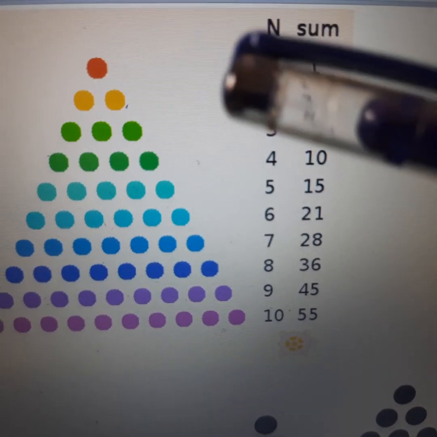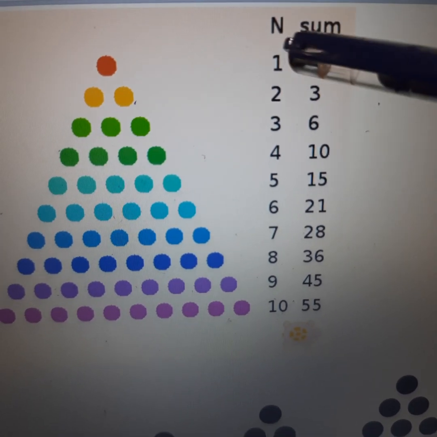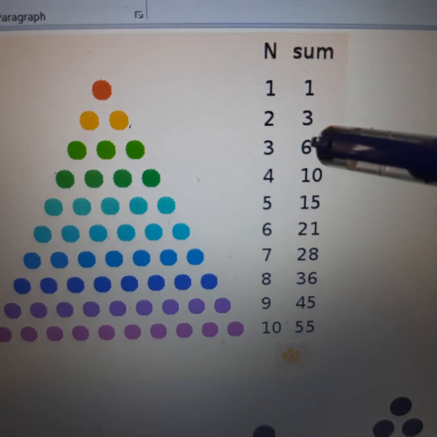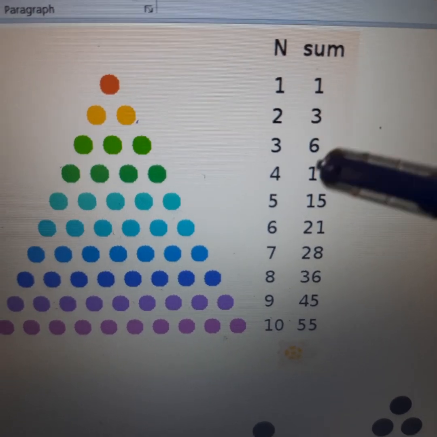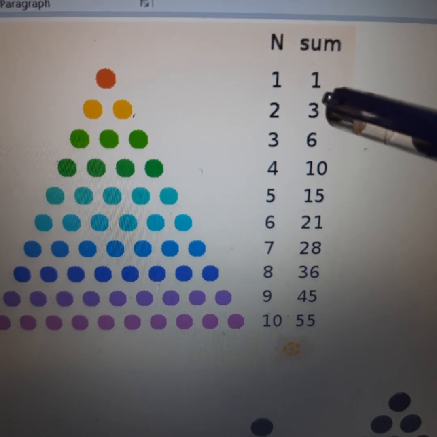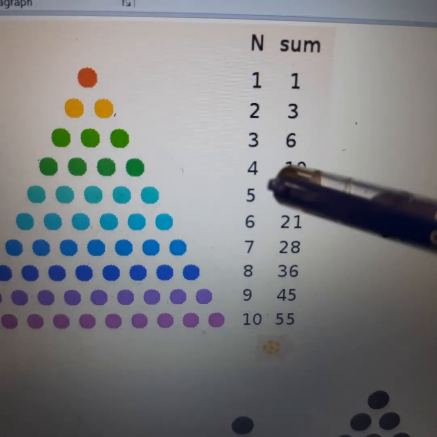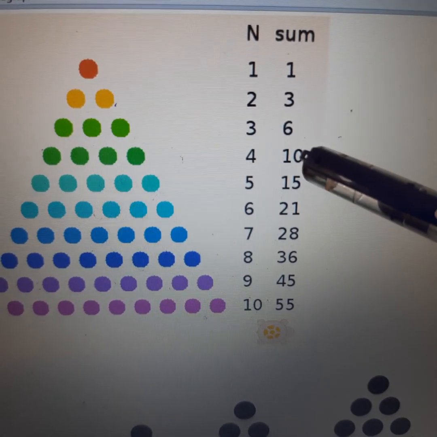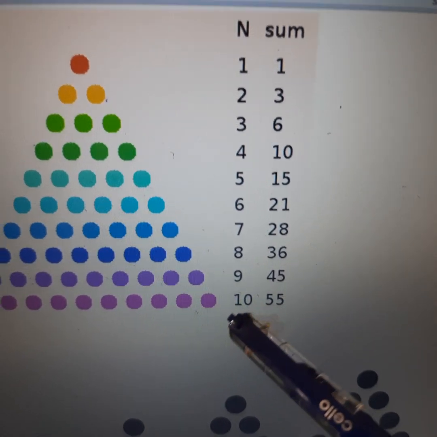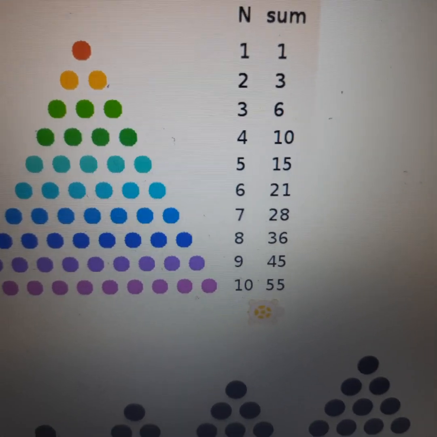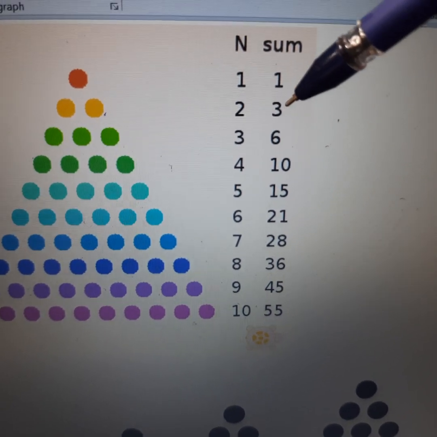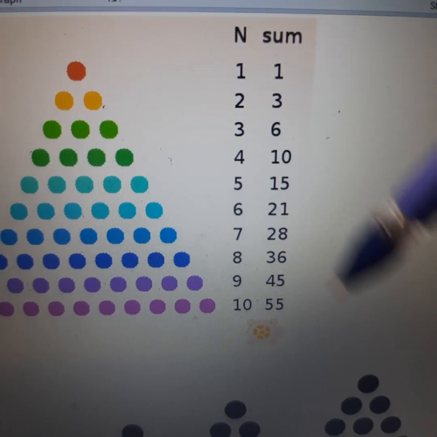See, in sequence n is equal to 1, the first triangular number is 1. When n is equal to 2, second triangular number is 3. When n is equal to 3, it is 6. That means 6 dots. That means it is the third triangular number. Okay. When n is equal to 4, we are getting 10 dots. That is the fourth triangular number. So like that, if you count, your 10th triangular number is 55. But they are telling if 3 is the first triangular number. If 3 is the first triangular number, then what is the 10th one?